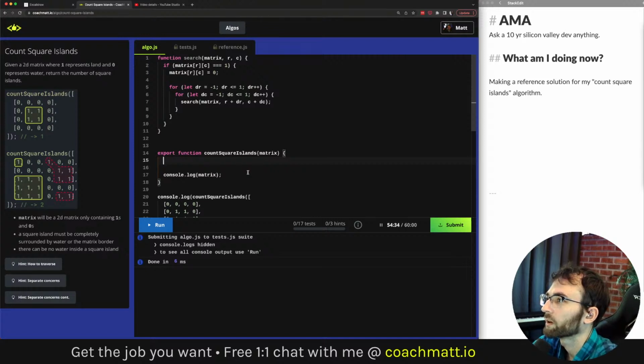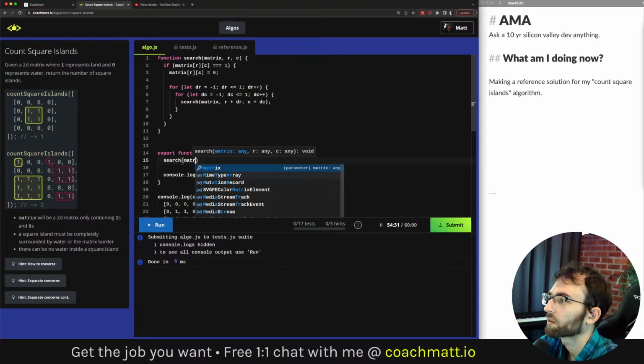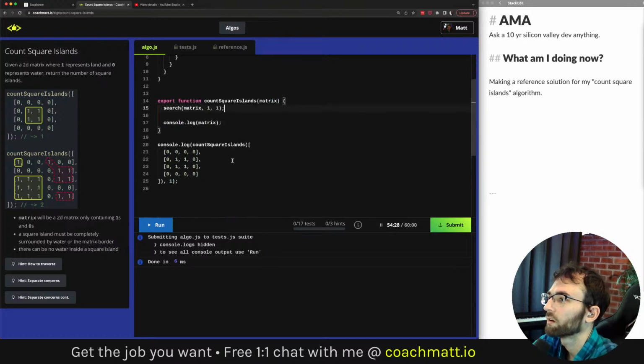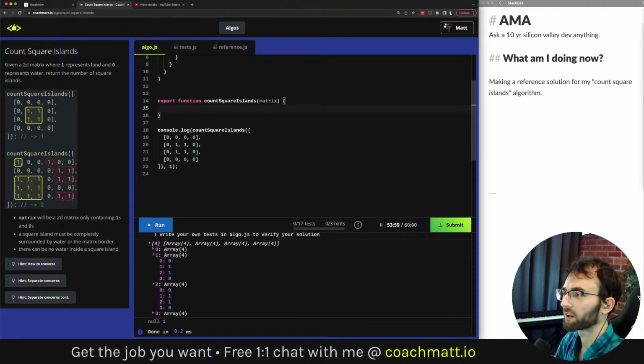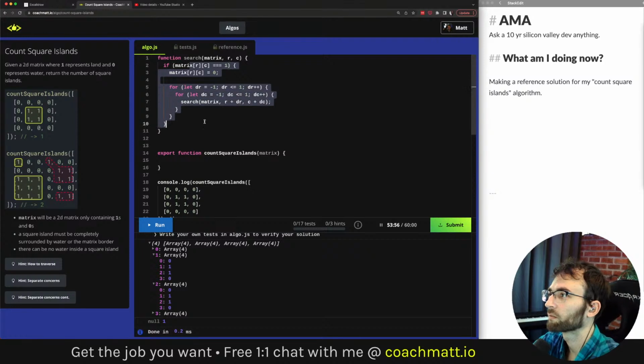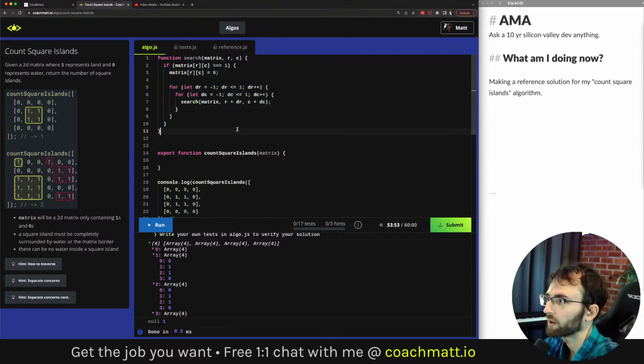So, right, search. Let's call it with a matrix, and then coordinates 1, 1. So doing that right here. We should expect this to be an empty array now. So everything's set to 0. And then if we call it with 0, 0 as the coordinates, it does not erase them. Okay, great. So that is working as expected. So if it takes just a few seconds, you can write a couple lines to test your helper functions along the way. That can be really helpful in an interview.